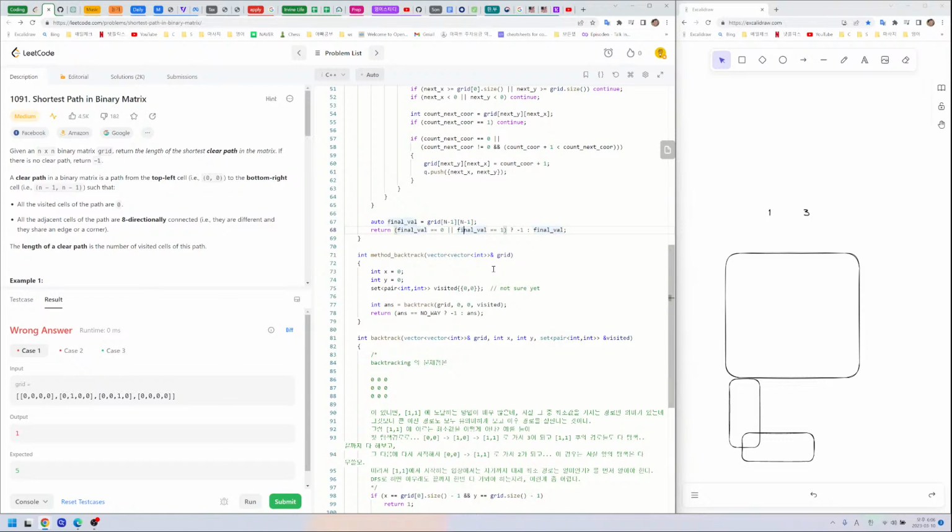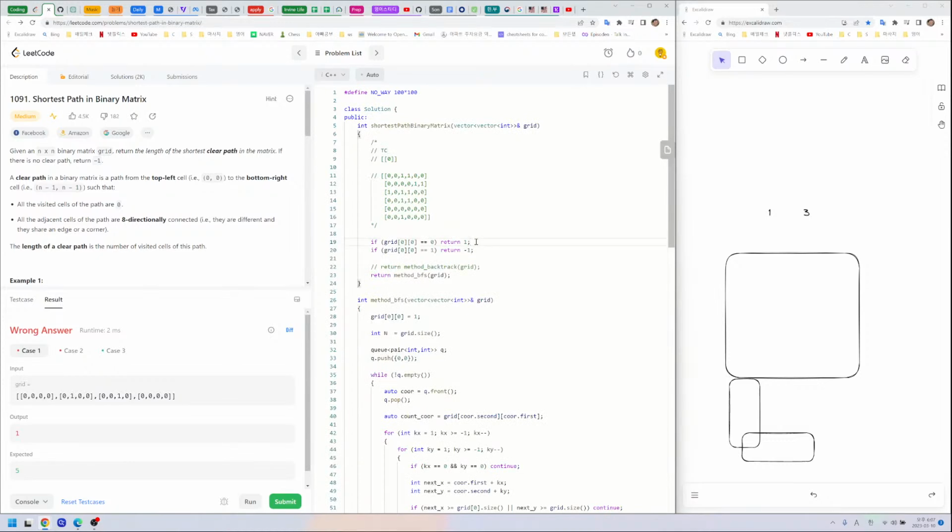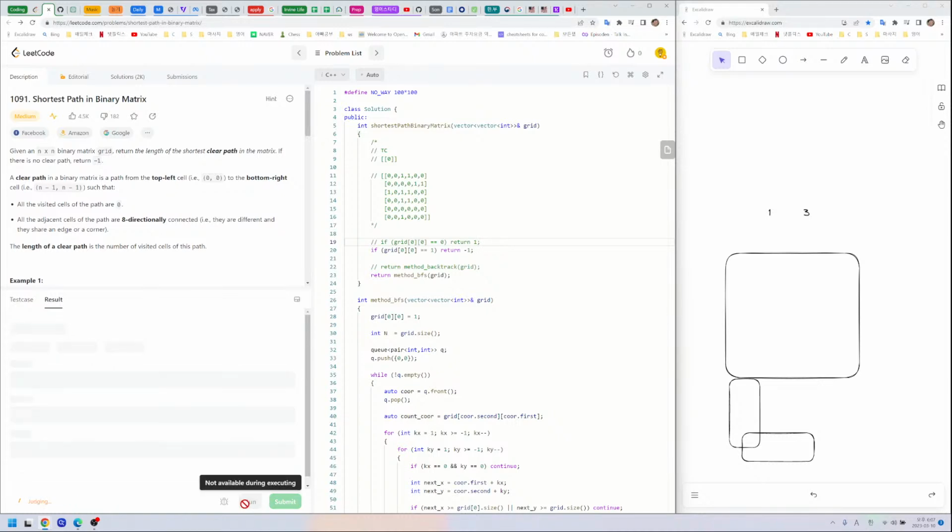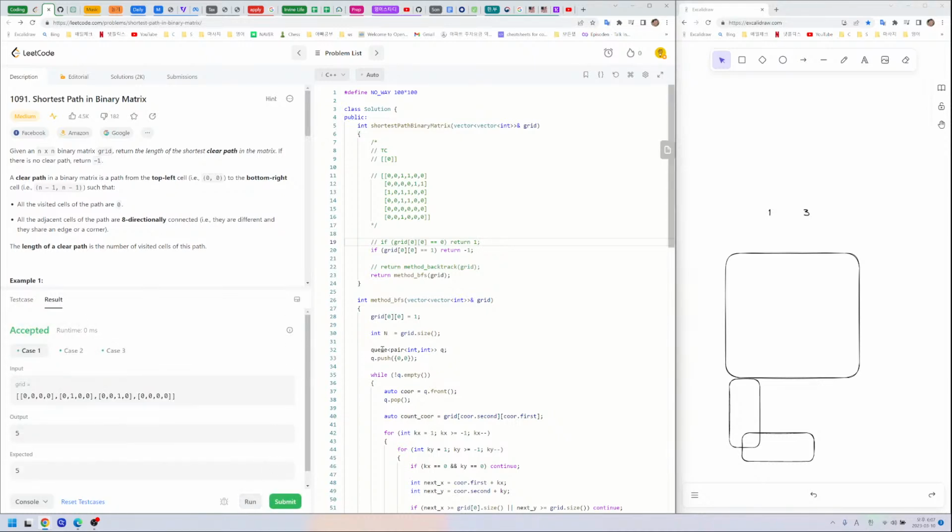Oh. Previously, this was the, what happened? It was substituted, right? And then after adding this,